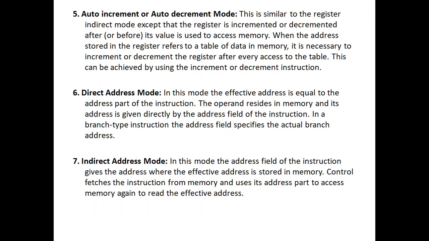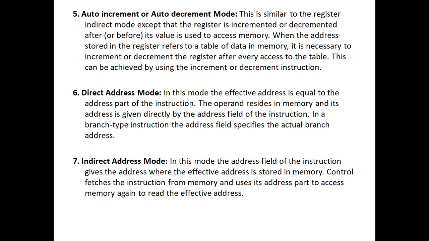And the next one is auto increment or auto decrement. You have studied auto increment and auto decrement in the previous C programming. Increment, in the sense, its value is going to be incremented by 1. Decrement, in the sense, it is going to be decremented by 1. I will tell you when we discuss an example in detail.